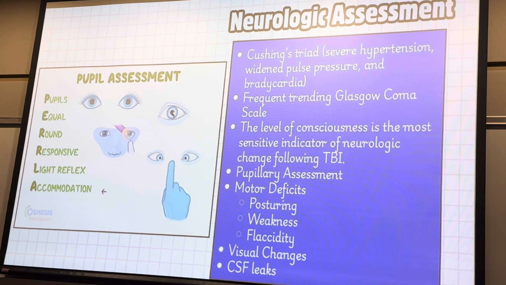Periods where I wake them up fully, see what type of neuro response I get, see the full effect of that traumatic brain injury, and go from there. But for the most part, they really don't like any type of sedation on board because they want to track that level of consciousness. So pupillary assessment, and then again, are they posturing? Disturbed or decorticate type posturing, the weakness, the sensory perception part of your weakness as well. Are they able to feel things within their extremities?